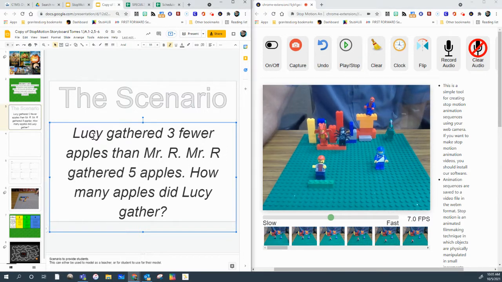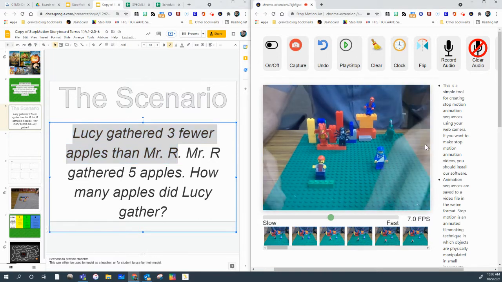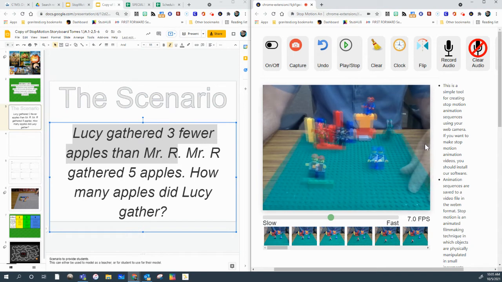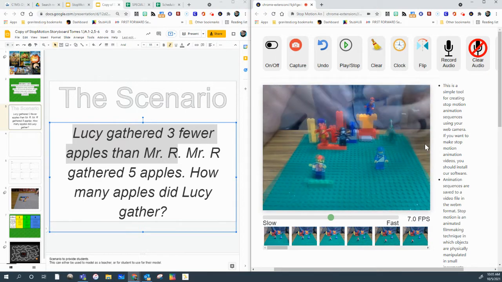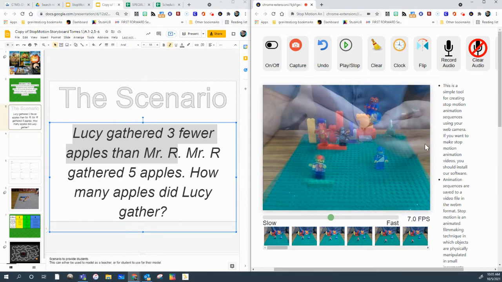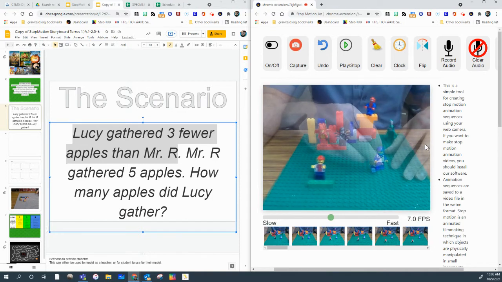And Lucy is going to gather 3 fewer than Mr. R. Okay, so how did I do that? All right, I've got some red Legos to represent Lucy's red apples that she's going to gather. Okay, so how I did that is you can see if I move around, it creates a shadow of our characters. Okay, I'm going to pick Lucy up and I'm going to make her move her legs and her arms a little bit, and I'm going to put her down a little bit in front